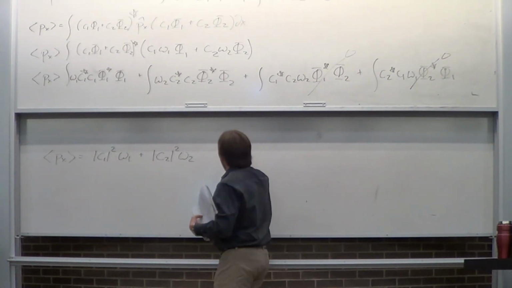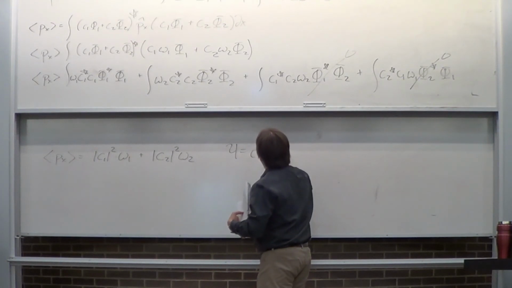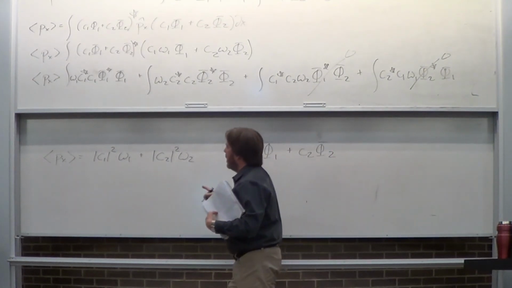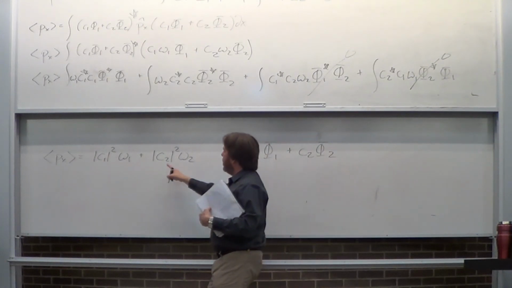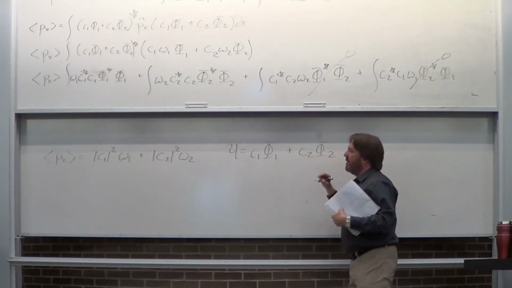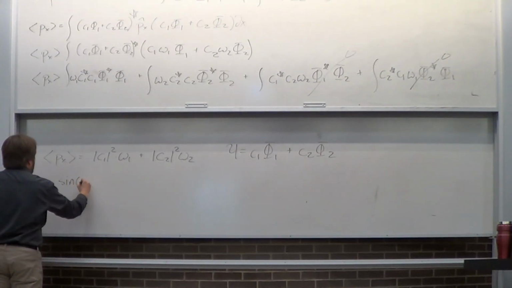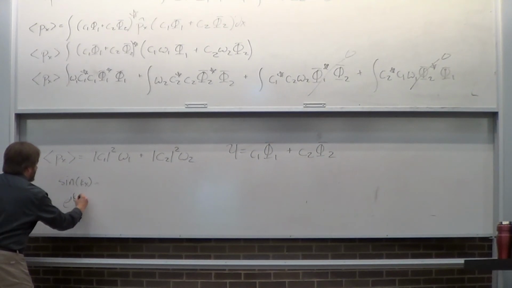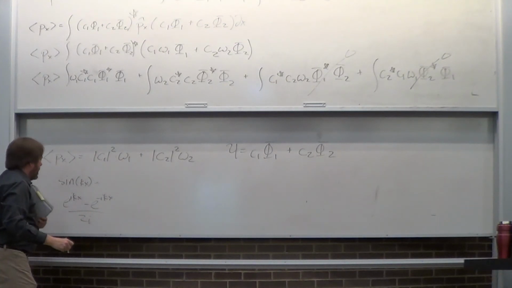You see, what happens is when you decompose a wave function into other functions, the answer is just the weight factor times the eigenvalue of that first one, plus the weight factor times the eigenvalue of that second one. So in the case of sine kx, which is e to the ikx,